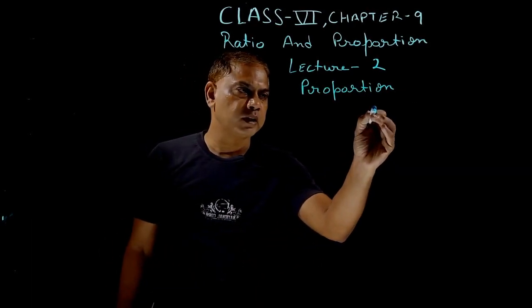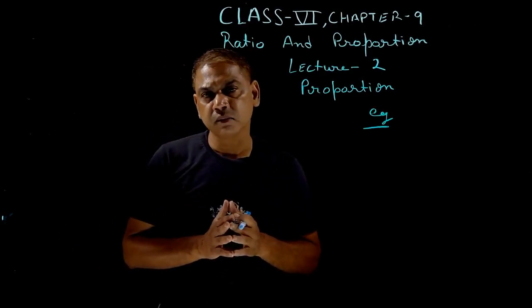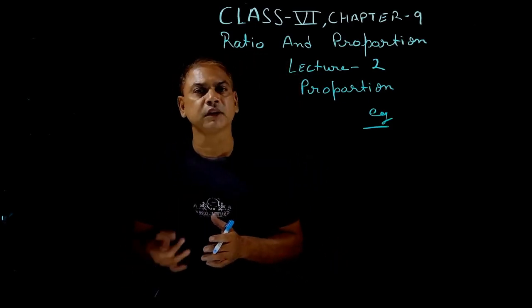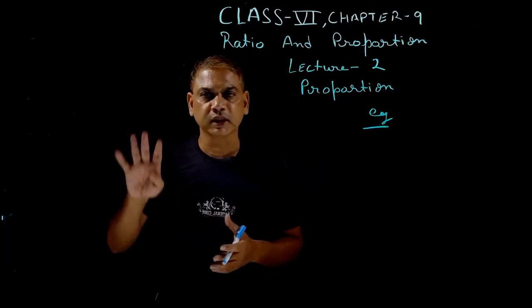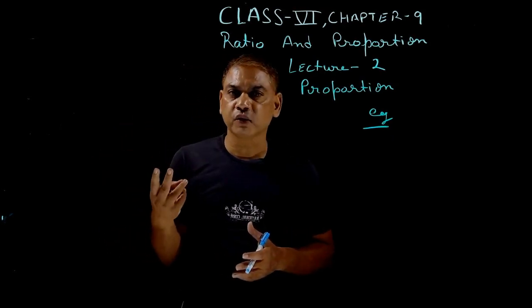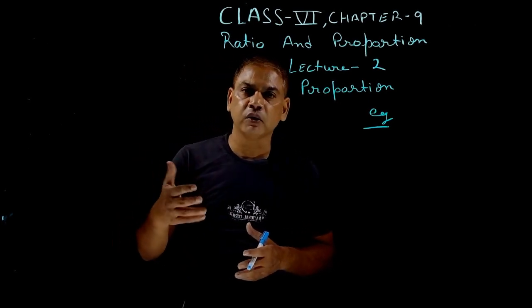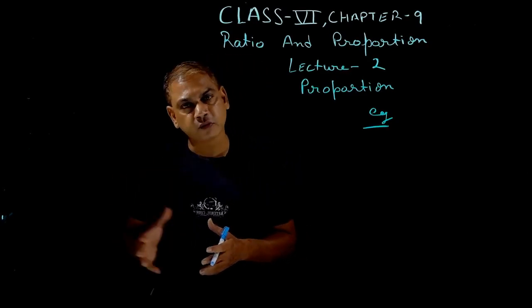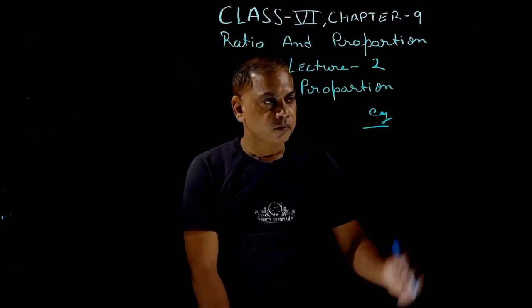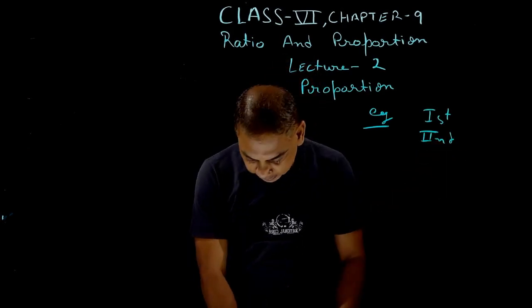Now one more type of example, student. You have to find out the missing term of a given proportion, okay? वो फर्स्ट भी हो सकती है, सेकंड भी हो सकती है, थर्ड भी हो सकती है, फोर्थ भी हो सकती है, ठीक है? In a proportion there are total 4 terms, okay? 2 रेशियो होते हैं, in each ratio we have 2 values, 2 terms. So आपको क्वेश्चन पूछा जा सकता है कि find the second value, second term, third term or the fourth term, okay? Now in this example we have been given first term, second term and fourth term.